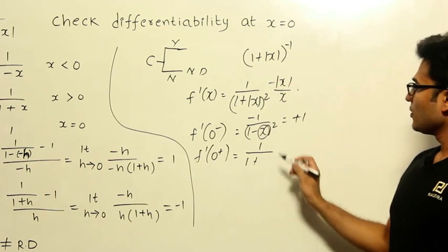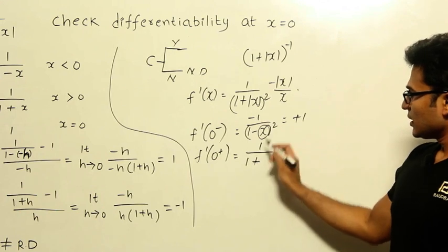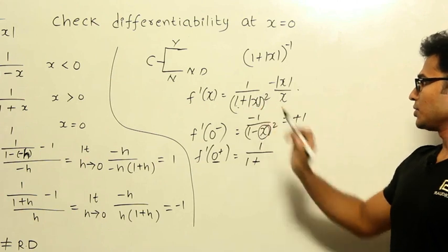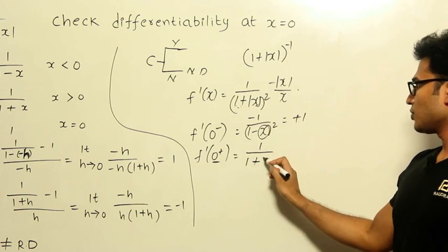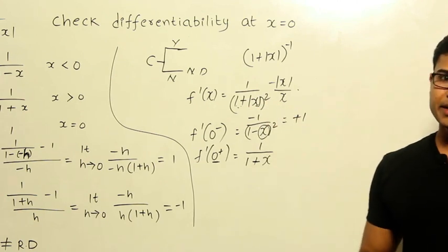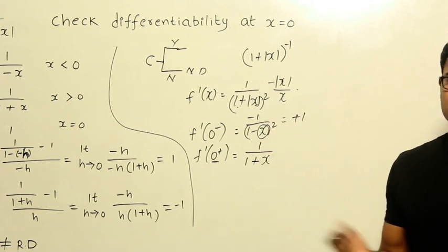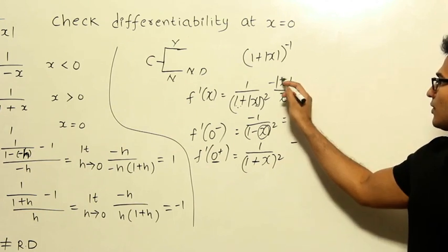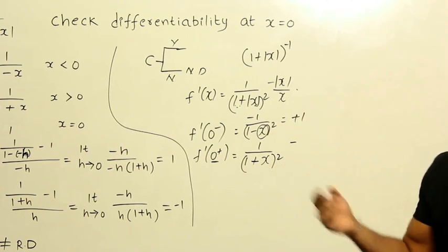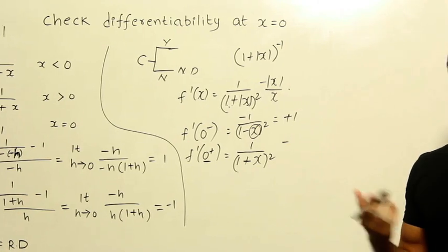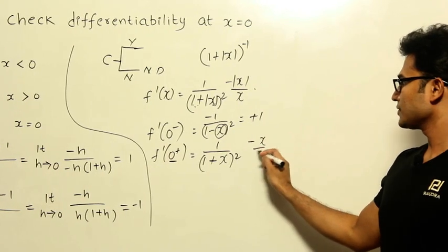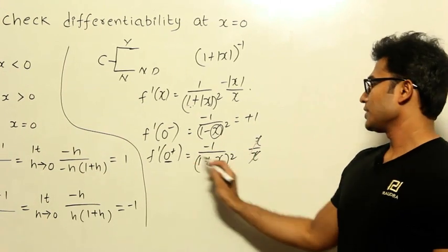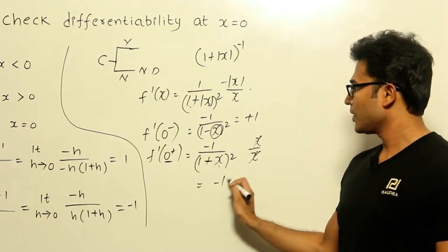Now if you see this, 0 plus means a positive number. If you substitute a positive number, it is going to be 1 plus a positive number. So there is no need of multiplying with minus, because even if you remove the mod, it is going to be a positive number whole square into minus. Now what about mod x? Since it has to be positive, leave it as x only. So x by x, which means it is going to be minus 1, right? Now if you substitute x equal to 0 here, it is going to be minus 1.